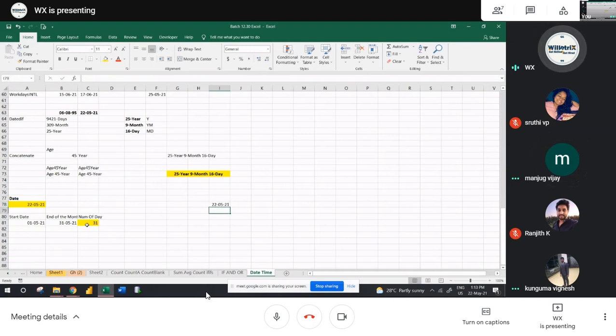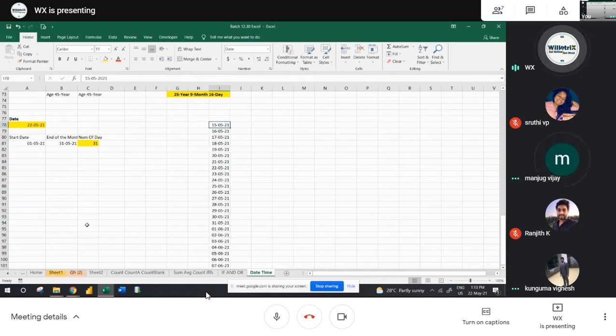Try this, and one more task on this. I'm taking some random dates here, starting from 15 of this month, and each one is the top date plus 1. Then we have some random dates here. You have to find out the weekday of each. If a date is a Sunday, just as an example, 15 is not a Sunday, I guess. See, 22, 23 is a Sunday here, correct? Here it should come as a holiday. Where you see a Sunday, there you should get a holiday. Then the rest should come as working.